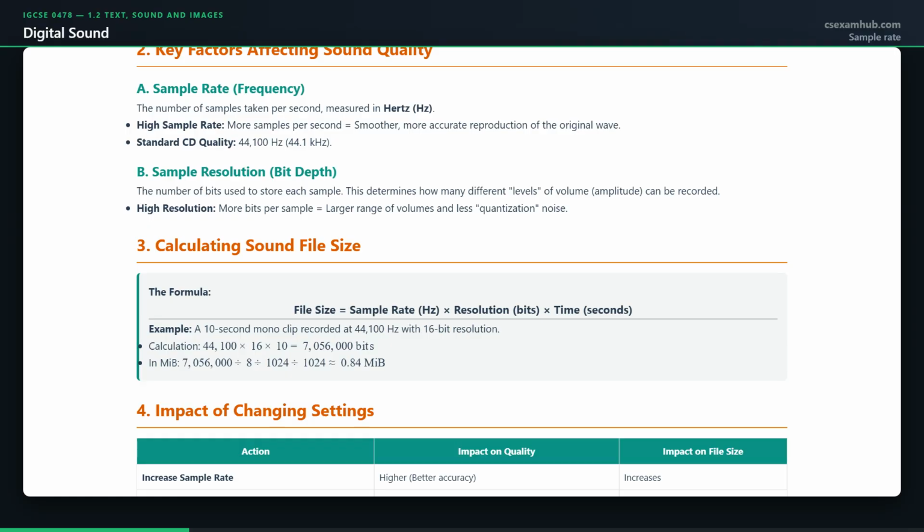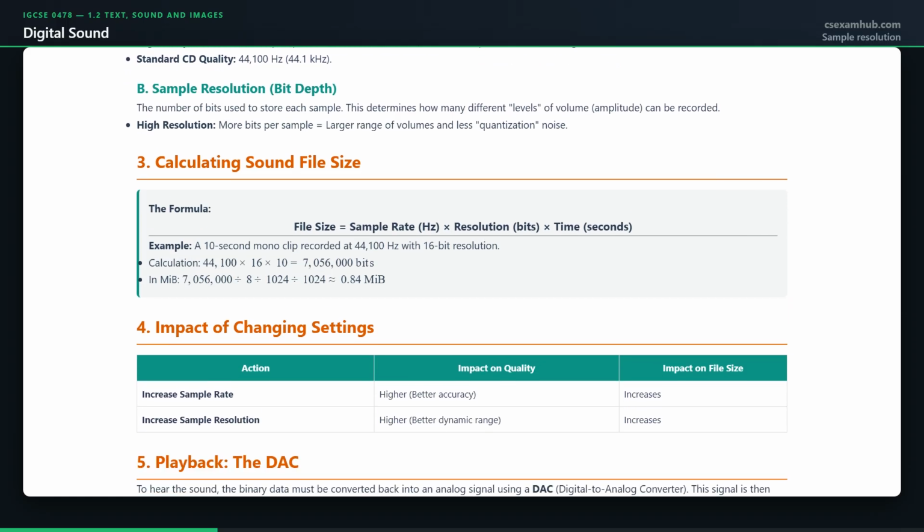Think of it as how often you look at the wave, and the analogy that fits is frames in a film. Too few, and the motion becomes jerky because you did not look often enough to catch it. The second setting is the sample resolution, also called bit depth, the number of bits used to store each individual sample. CD quality is 16 bits per sample, giving 2 to the 16,